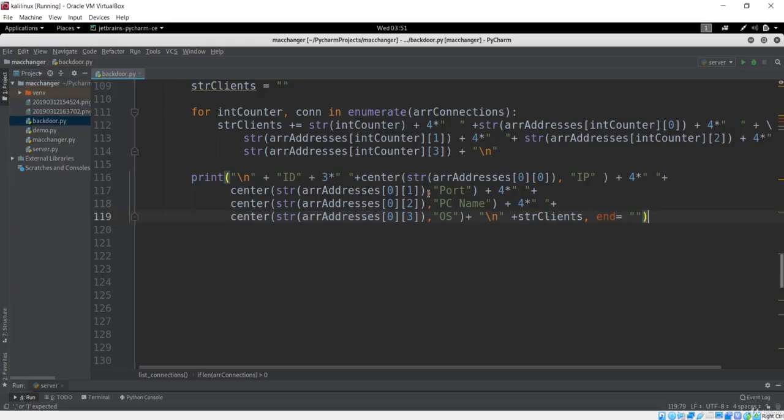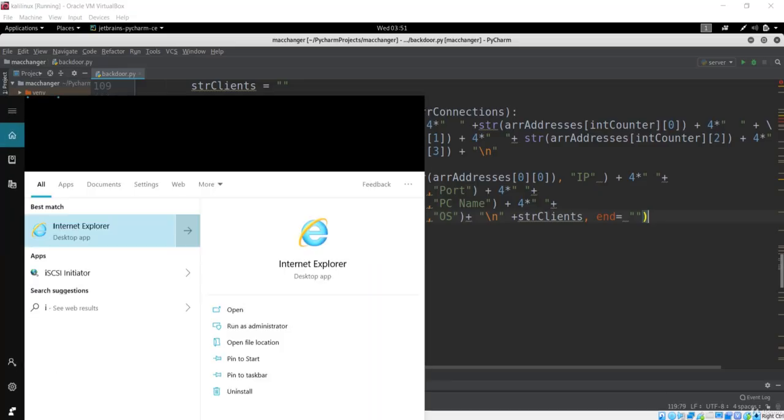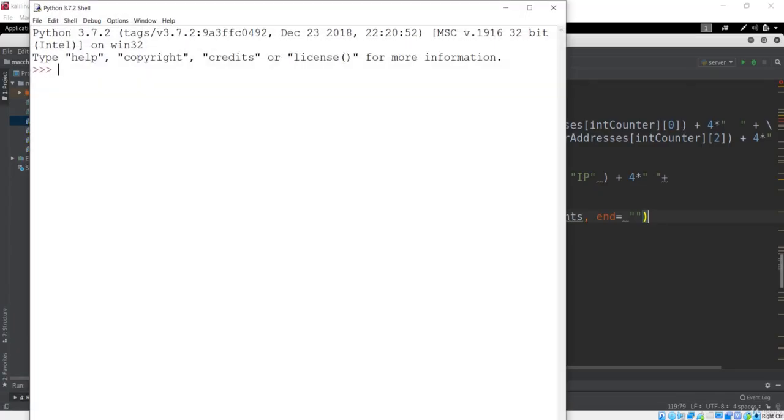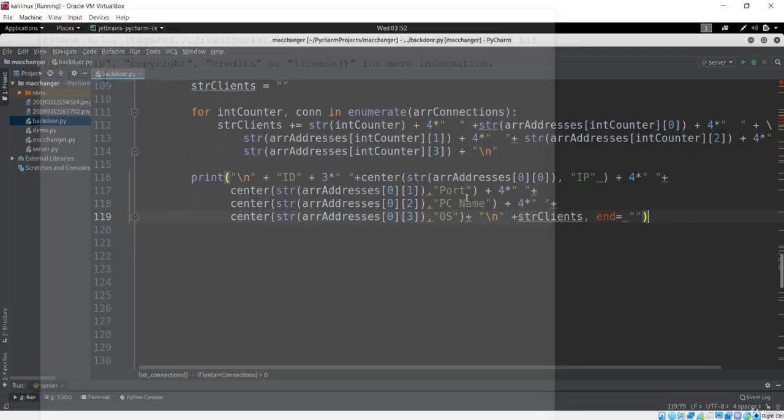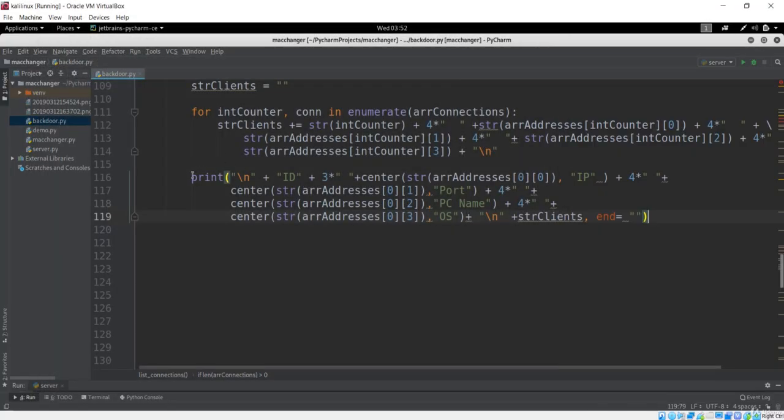Instead, we are just writing everything in a single line. So if I show you that, if I say print and give this, it has this parameter over here saying end is /n, which is obviously the default, but we are just overriding this /n with this single liner. Basically we are just saying that instead of just going to the next line, we'll just print everything in a single line. So that is your end parameter in the print function.